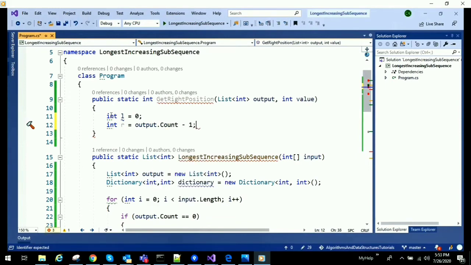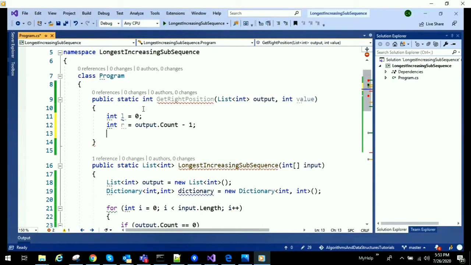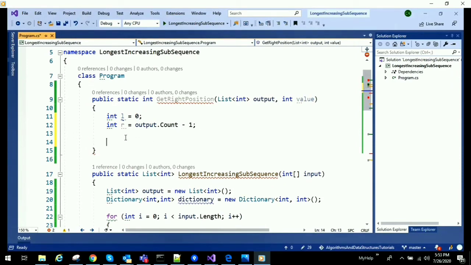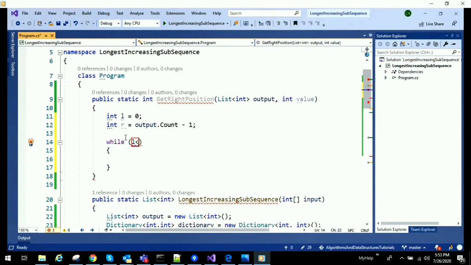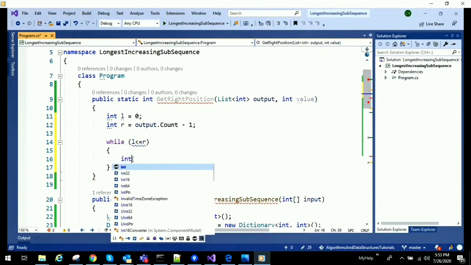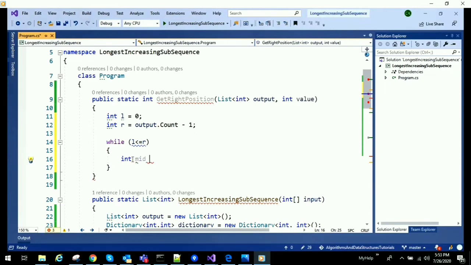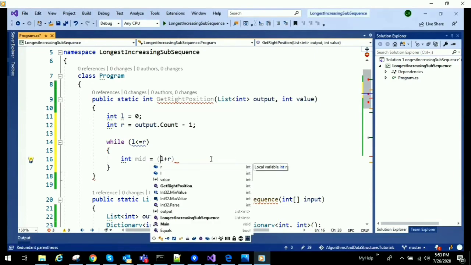This count minus 1 I am doing because we are starting from index 0, and we need to calculate a midpoint. First we need to repeat this process until left is less than or equal to right index, and we need to calculate the midpoint, that is left plus right by 2.